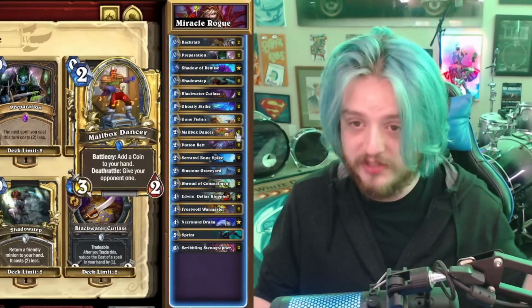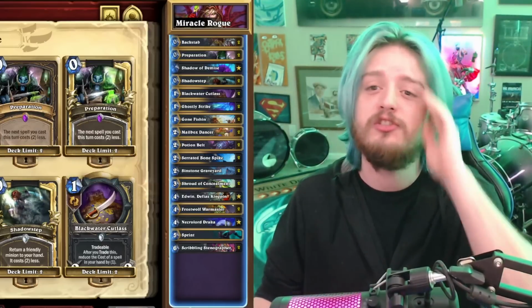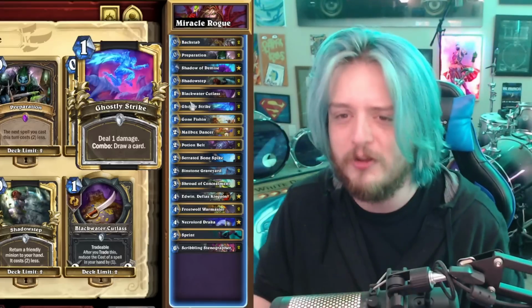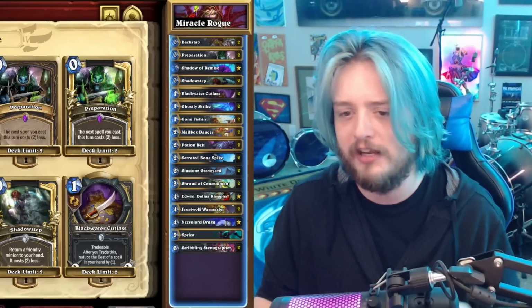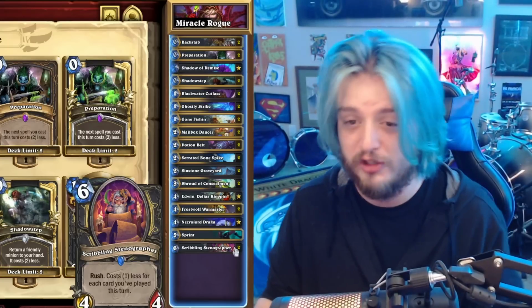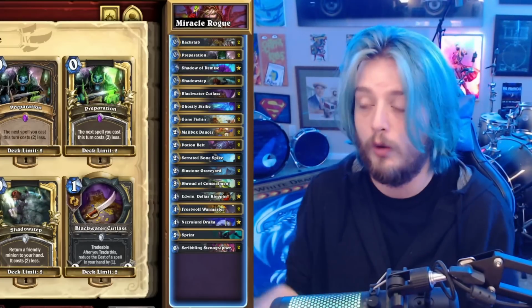This is the Mailbox Dancer list that I was telling you about, because I think that this combo is just way too good to say no to. At times, it can be a little bit clunky, and this deck is a little bit more challenging to run than the Concoctions version. It's all in on running Putricide. But I think that if you're a lot more familiar with what Miracle Rogue was in the previous expansion, you will like this deck a lot,